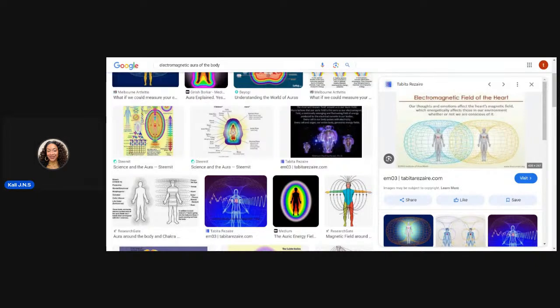Okay, and so if you see the heart's magnetic field, the heart is so much stronger than the brain. The brain is very powerful as well. This heart-mind coherence is what creates the elements of resonance and consciousness and allows the light to flow through your body. But when we see this electromagnetic field, this can reach out. The electromagnetic field of your heart can reach out to about 8 feet at a minimum. It can reach out considerably farther. You can multiply your magnetic field. I'm not going to talk too much about that, but